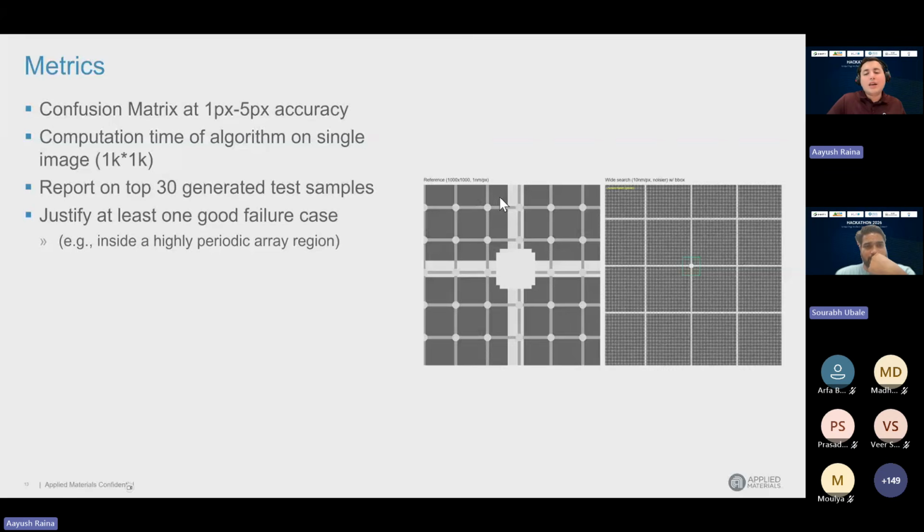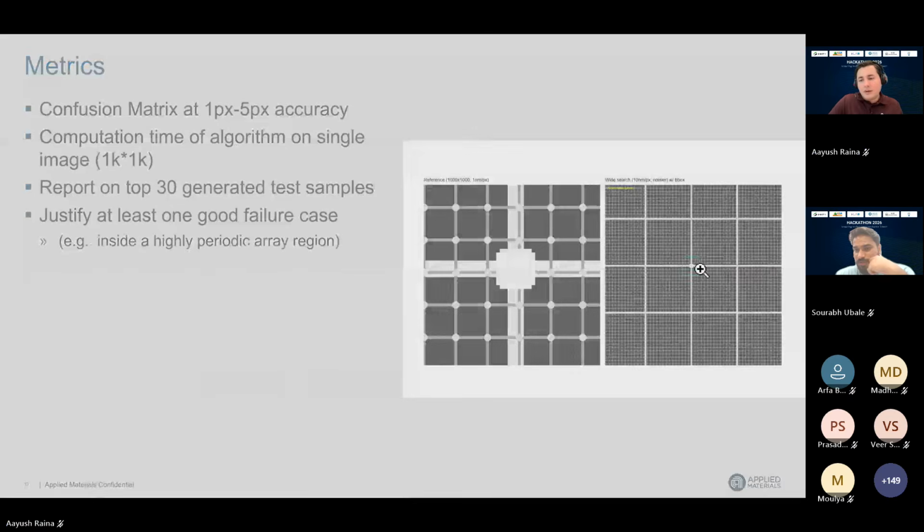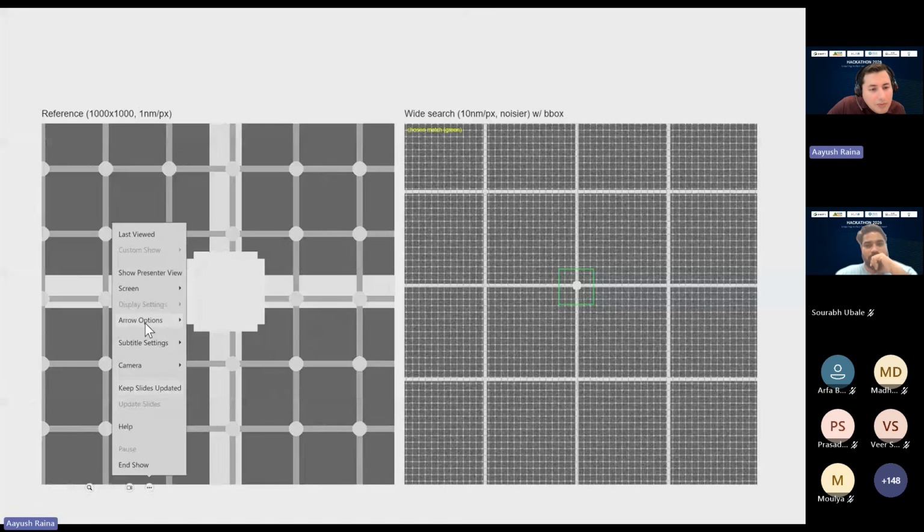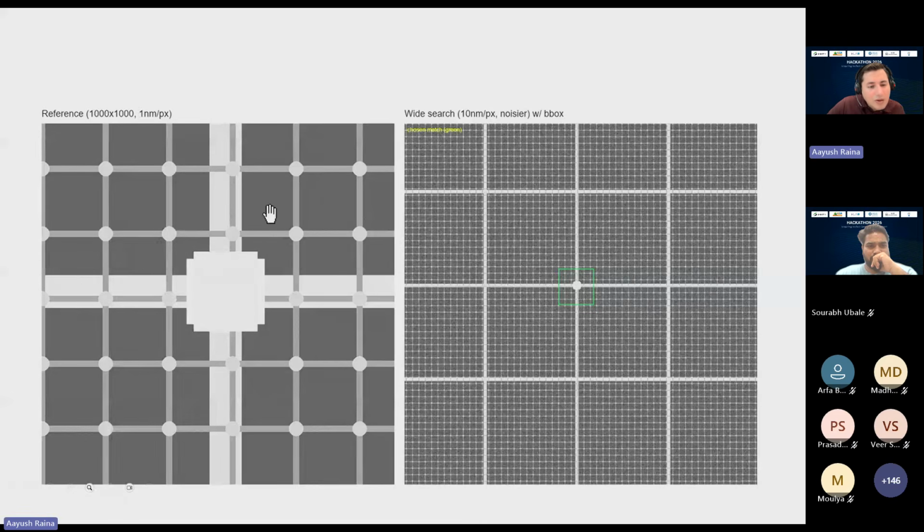Let's say right now I add too much noise to the image on the right side, and I'll take a zoom here. Now if you see, if this one line over here is 10 nanometer, and I register exactly right, I will get the box right. But if I make an error of 1 pixel, that means if I make this particular line, let me take, I'm not getting it.